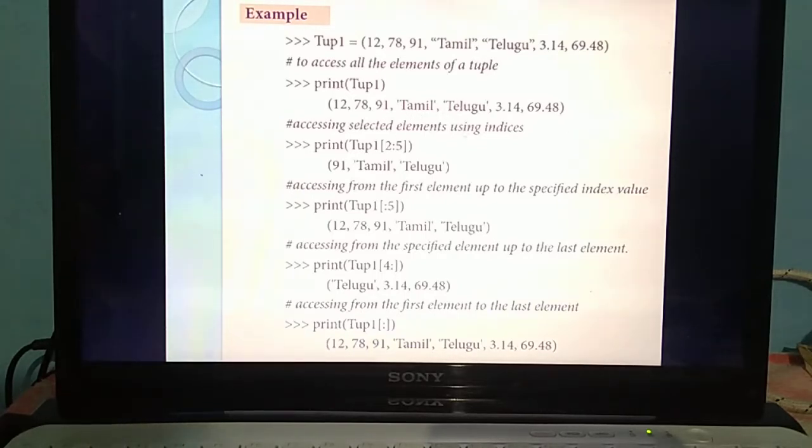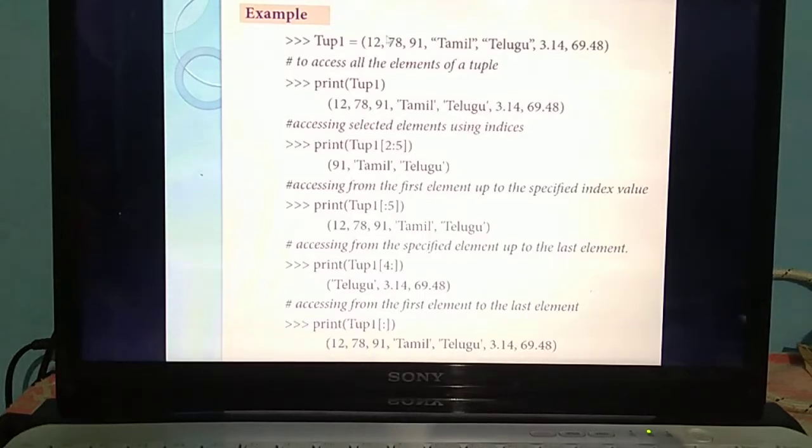Next you are going to display the elements using the index value. Okay. So listen. Inside the print statement, what's the format for giving this index value? Name of the list or name of the tuple, then the index value needs to be enclosed within square brackets. Listen. So in the print statement, what's the name of the list here? Tup of 1. Here you are going to access the elements from index 2 to 5. What's the meaning? It will access the elements till 4. The last value is always n minus 1. So 2 to 4. Okay.